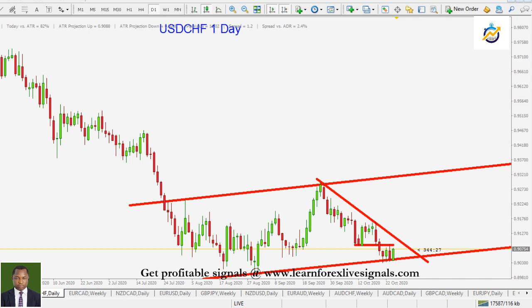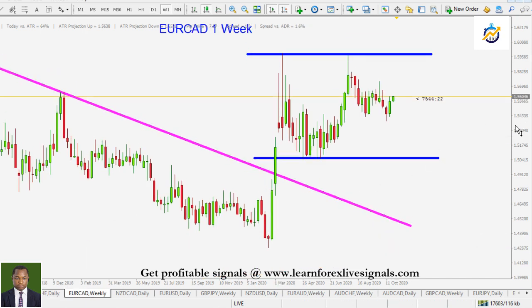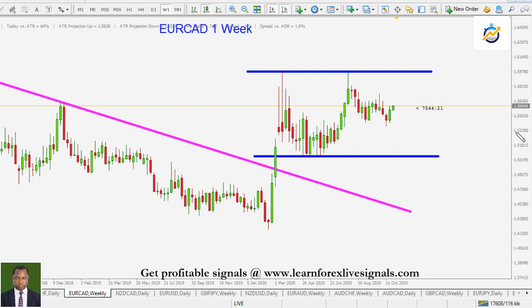All right, so the next pair is the euro against the Canadian dollar. Well, in here, I just want to show you in the weekly time frame that the overall price pattern is likely going to be a range. So be extremely careful hitting your buy button around here. In fact, price is trading at a very critical area. Don't be surprised to see price coming down.